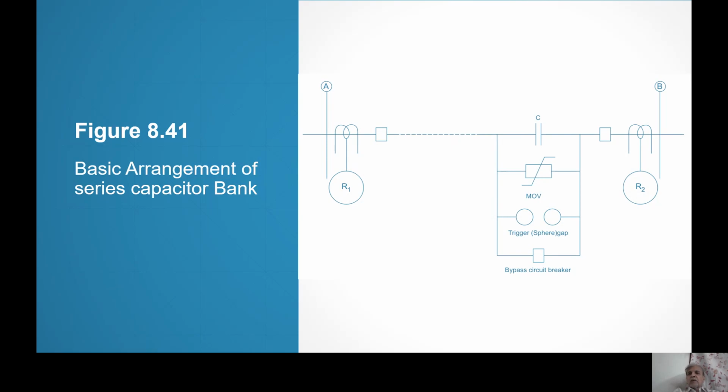The impedance of MOV will decrease. It will not be open circuit. So some current will pass through C and some current will pass through MOV. And when the current passes through C, say for relay R1, if there is a fault beyond C,